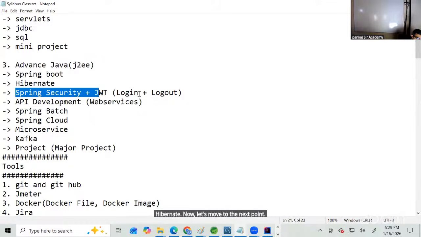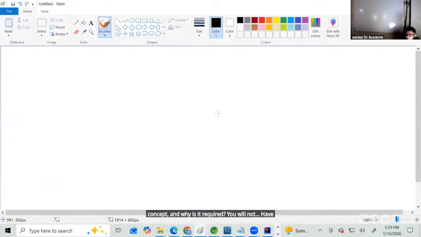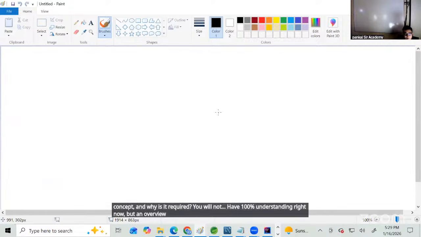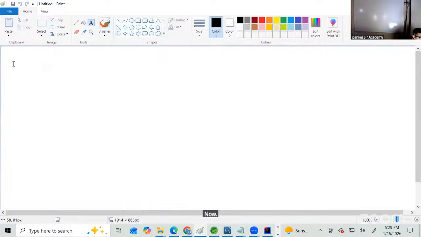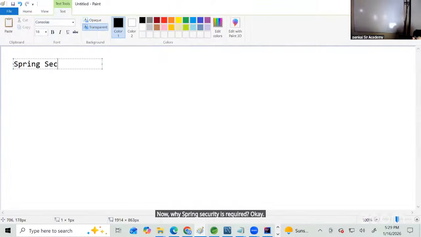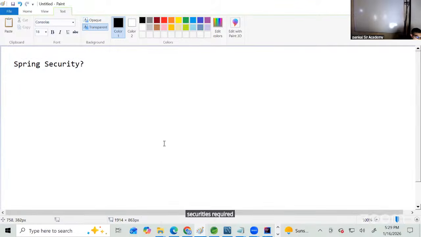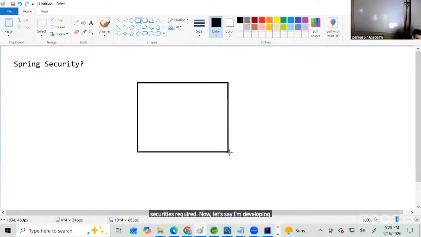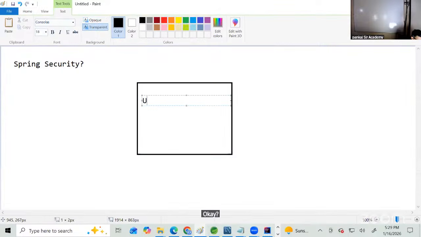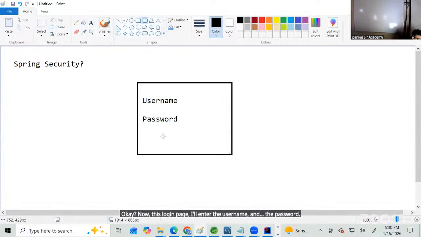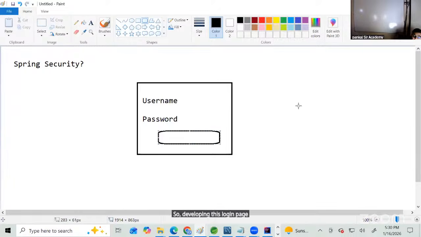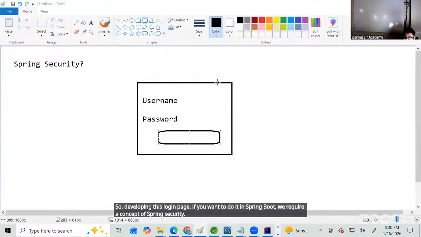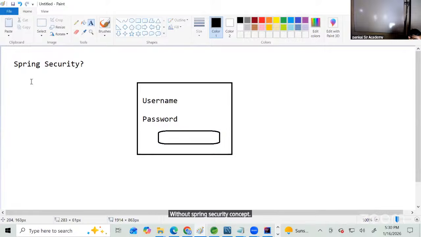What is the Spring Security concept and why is it required? You will not have 100% understanding right now, but you will start getting an overview of the syllabus. Why is Spring Security required? Let's say I'm developing one login page, where I enter the username and the password. To develop this login page in Spring Boot, we require the concept of Spring Security. Without Spring Security, you will not be able to implement